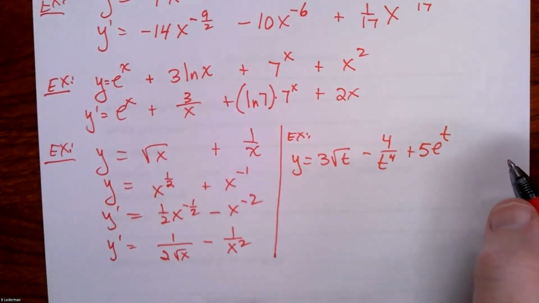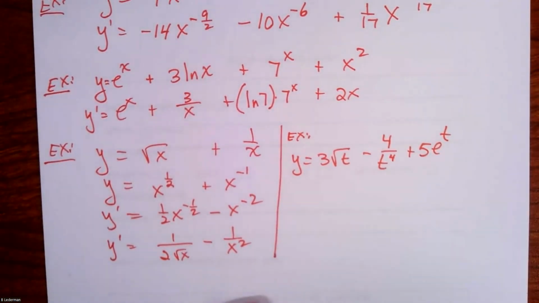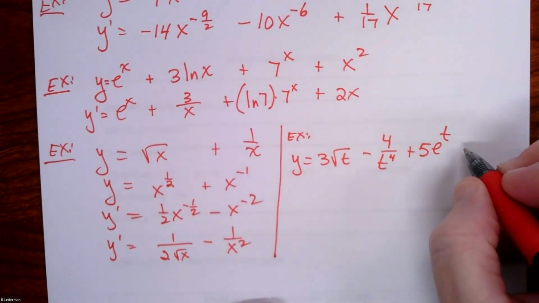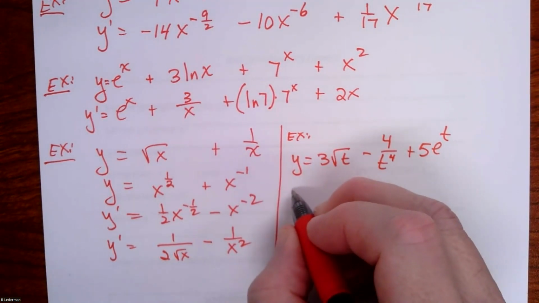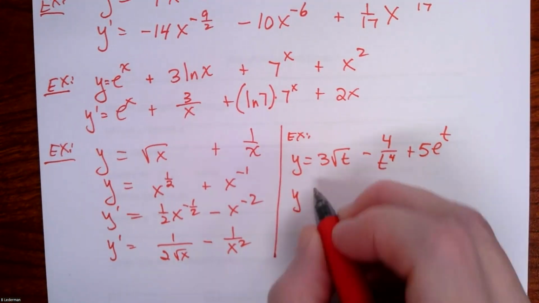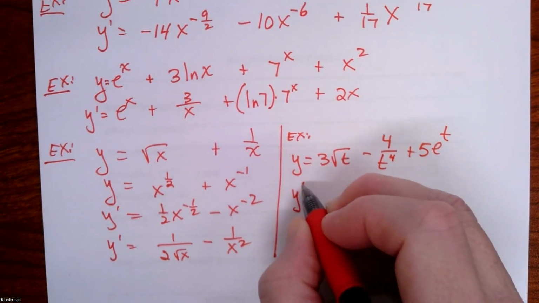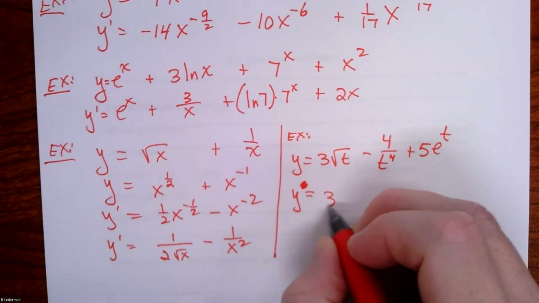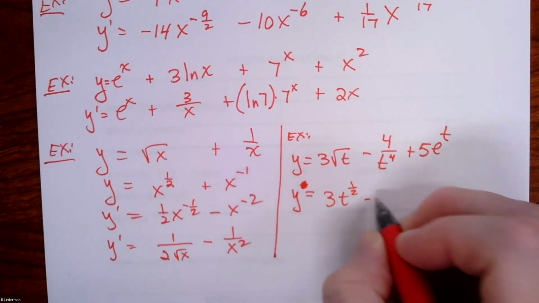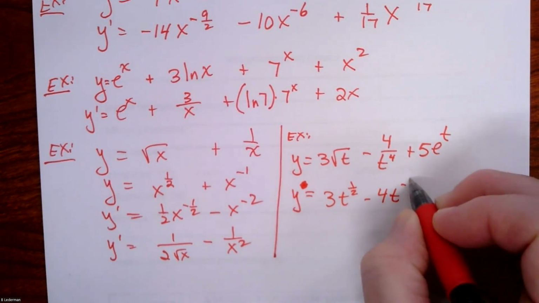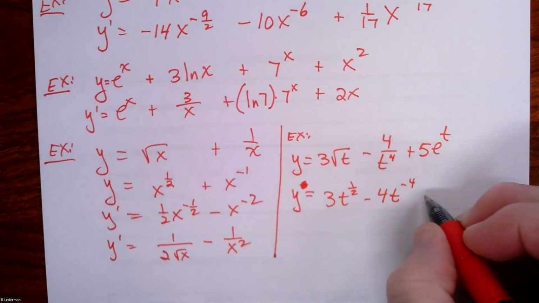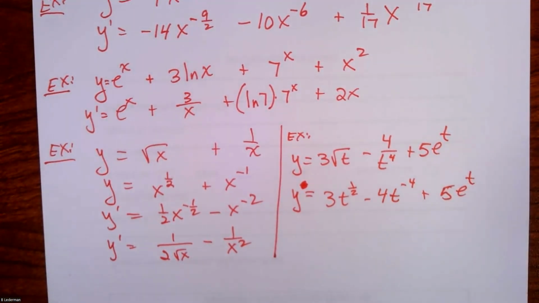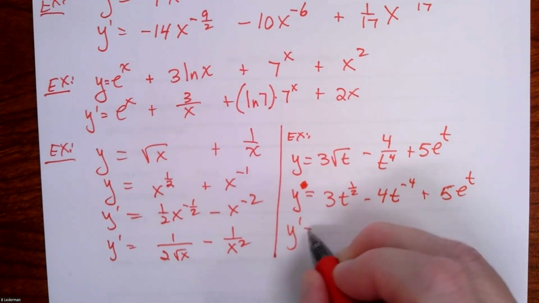First, what I want to do is rewrite these into exponent form. So y, just plain y, is equal to 3 times t to the 1/2 minus 4 times t to the -4th power. And this I don't have to do anything to. It's just plus 5 e to the t. We're fine. Now y prime is going to be